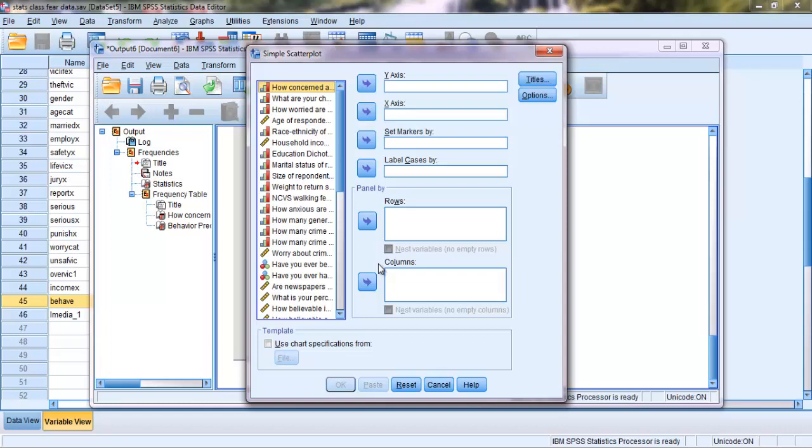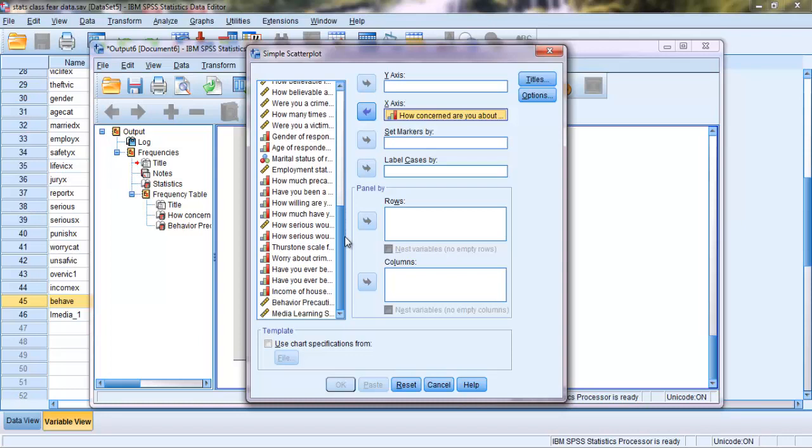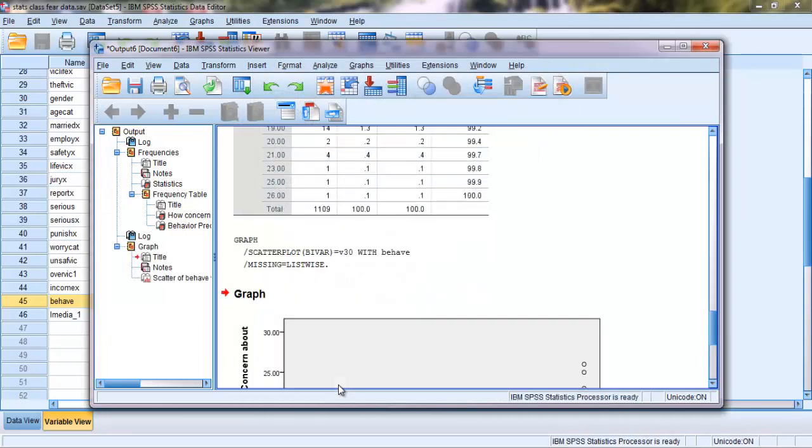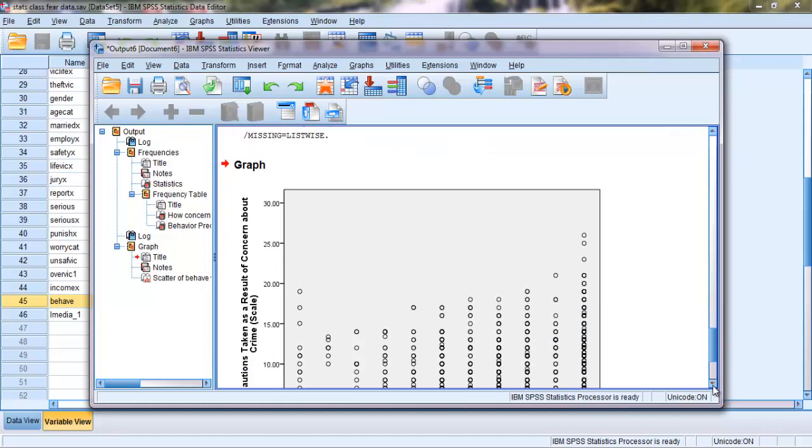My independent variable is how concerned about crime in general are you. So I'm going to move that to the x-axis. That's normally where you would plot the independent variable, and the dependent variable typically is plotted on the y-axis. That's at the bottom of the list here. So then I'll move it up into that box and then click OK. I'll wait for SPSS to execute the command to generate the graph. I scroll down,